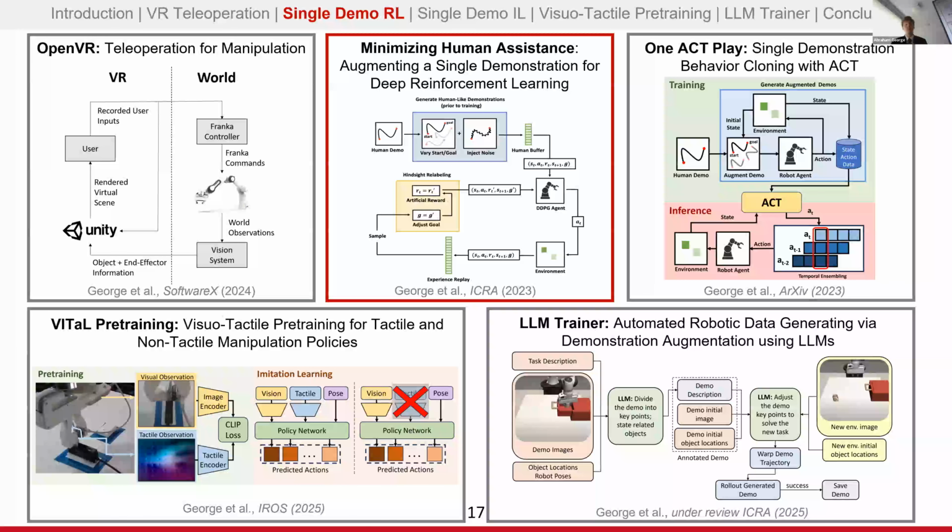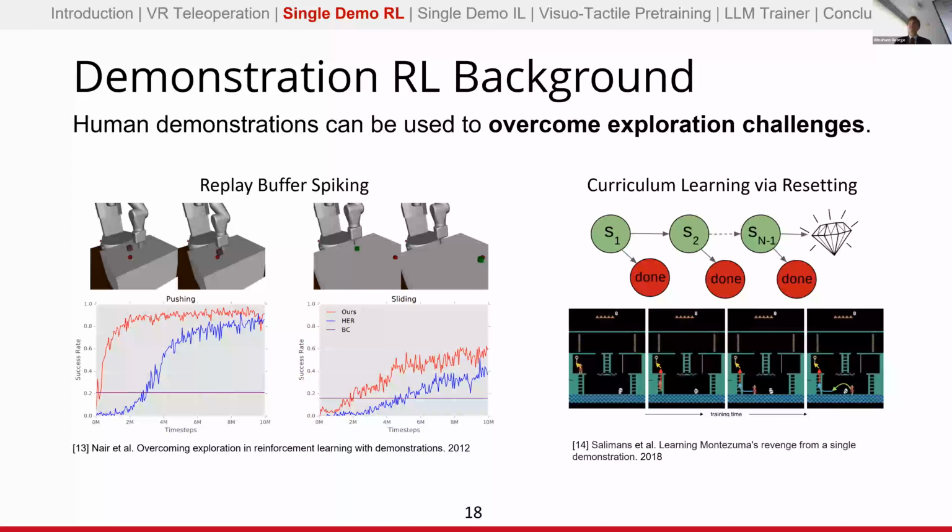The next work that I want to present is minimizing human assistance. So this work sought to use a single demonstration to improve deep reinforcement learning. So some background on demonstration and reinforcement learning. Human demonstrations can be used to overcome exploration challenges. So that's one of the big challenges of reinforcement learning, is how do you have the agent learn to complete